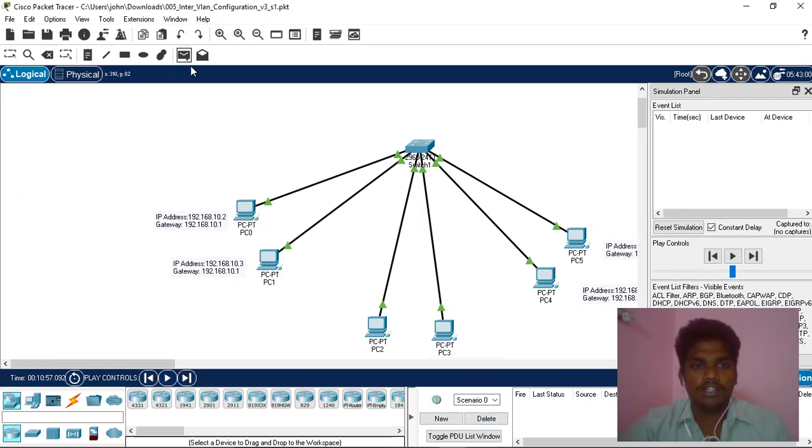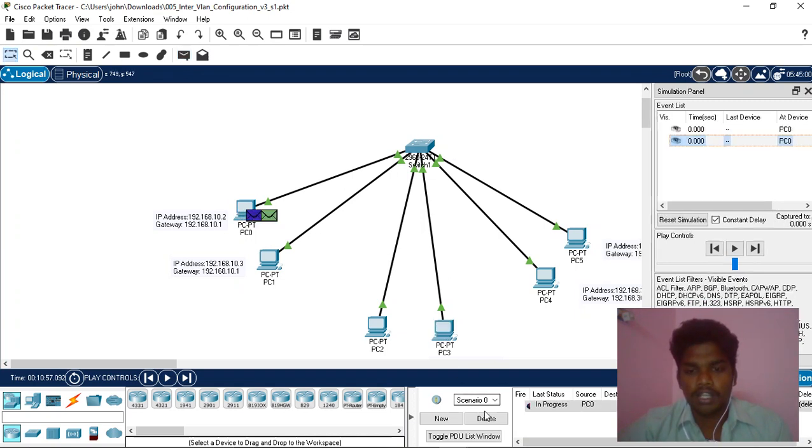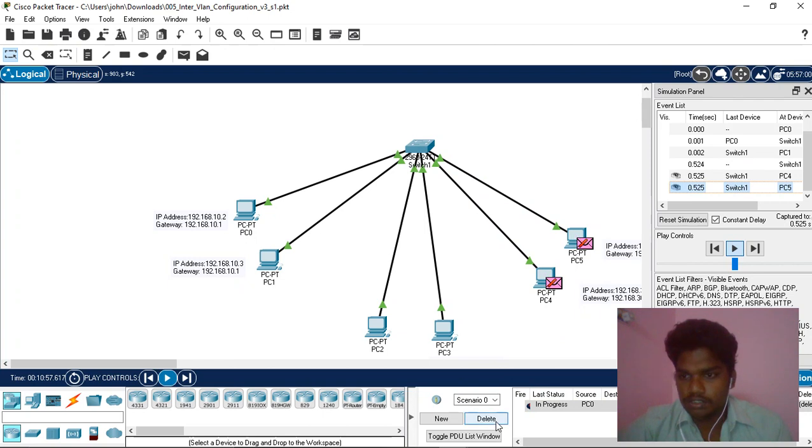If I send from PC0 to PC3 and run this, it goes to switch 1 and switch 1 to PC3, because it is meant for PC3, so it doesn't give it to PC1. So the data stored in PC1 is not shared. One minute.